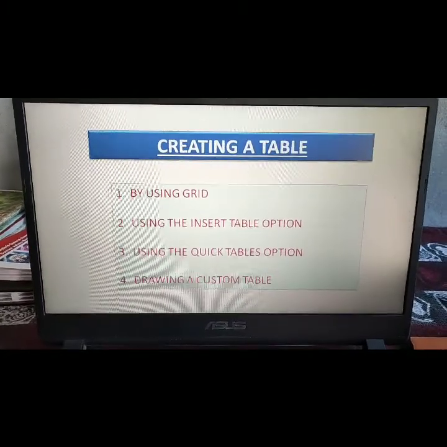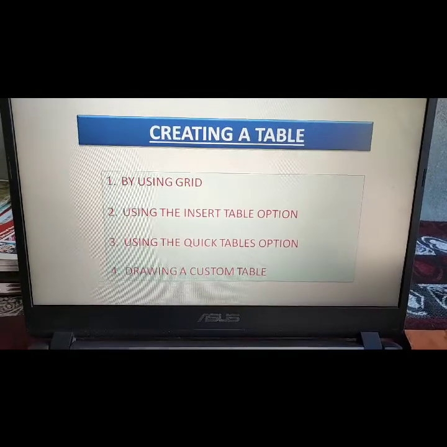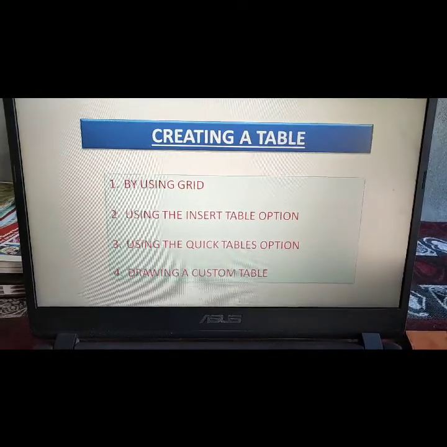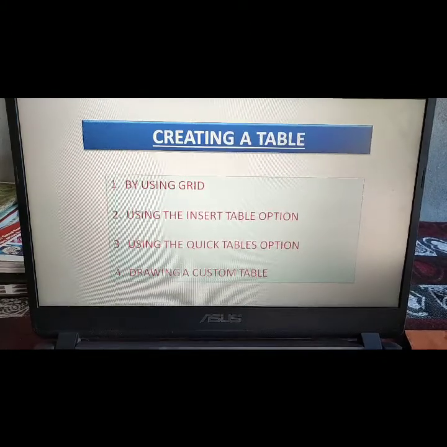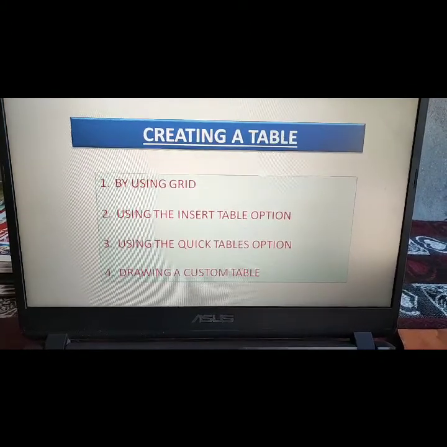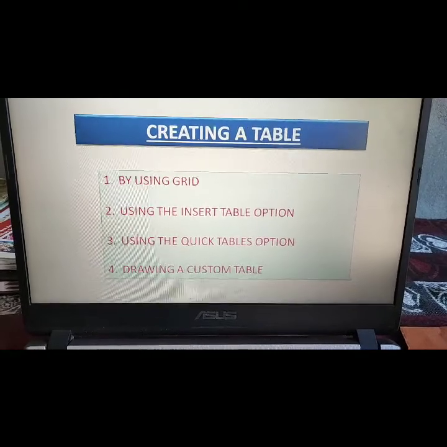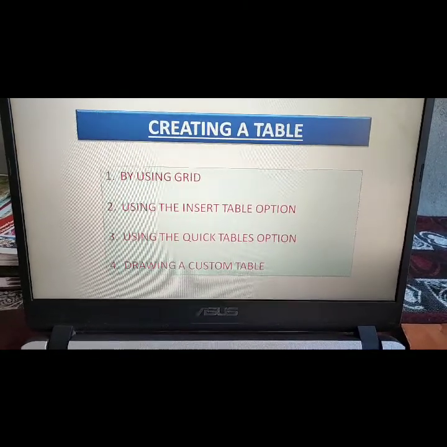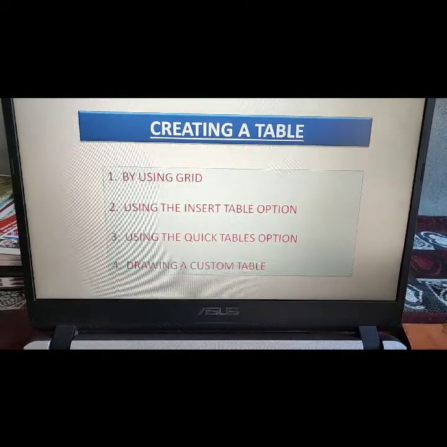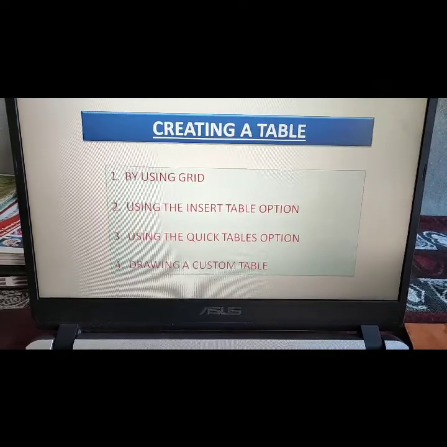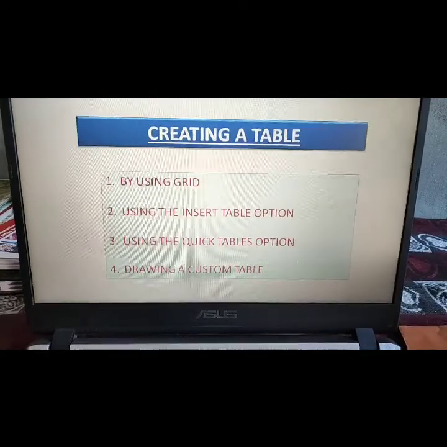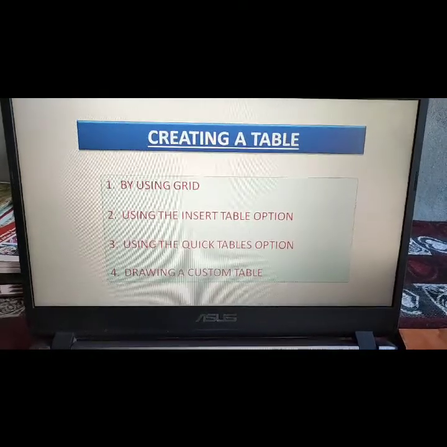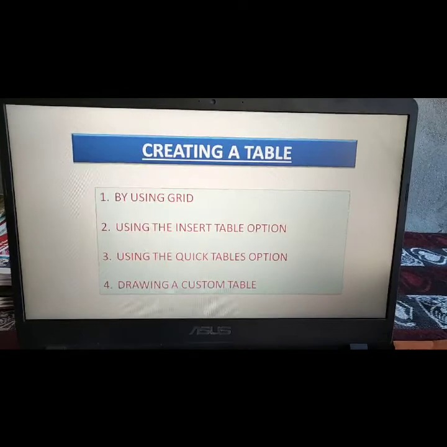Third one is using the Quick Tables option, by which we can also insert our table in our document. And fourth one is drawing a custom table. We will also learn what a drawing custom table is and how we can create this table. Okay, so first we will see how we can insert a table in our document by using a grid.